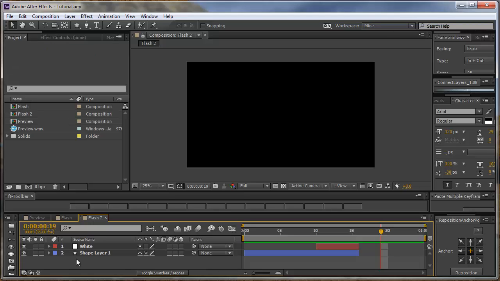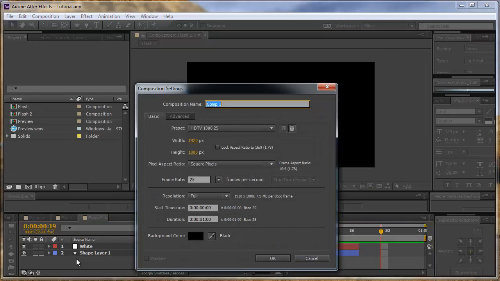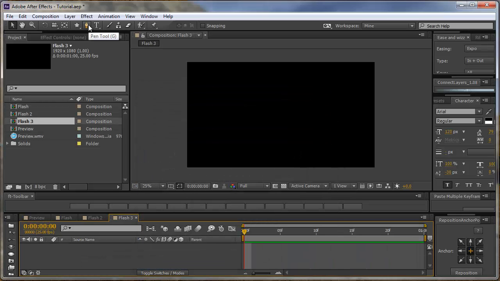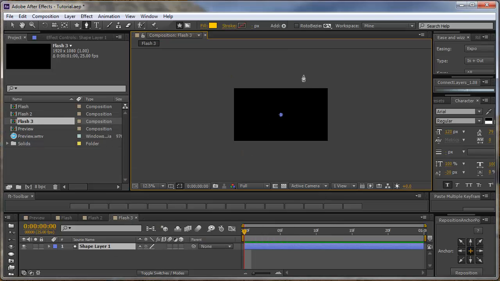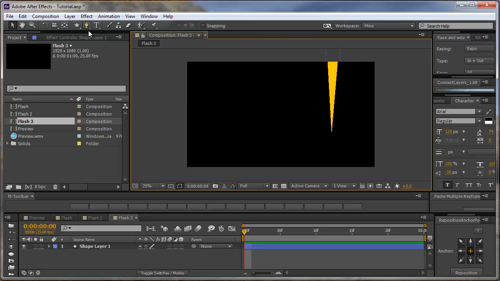Let's create the third kind of flash, the one which has the most detail. Let's begin by creating a new comp, Ctrl N on the keyboard, and again call it flash, this time number 3, and click OK. I'm going to start by selecting the pen tool and selecting a yellow color and simply create a triangle which looks like this with a very sharp edge over here. And now deselect it,